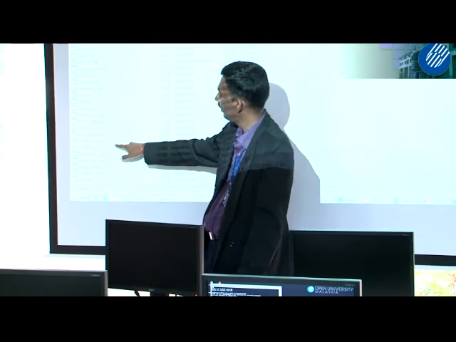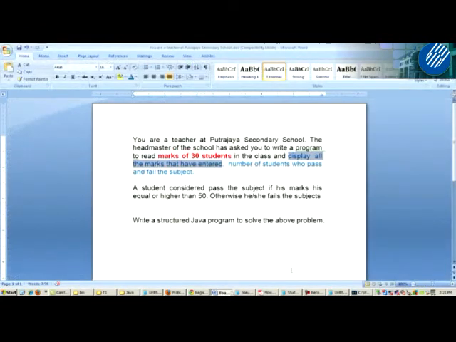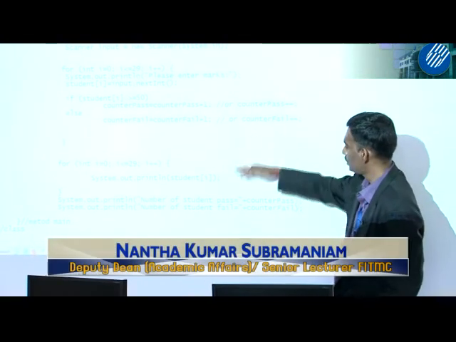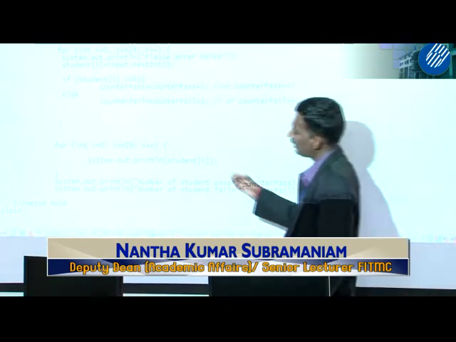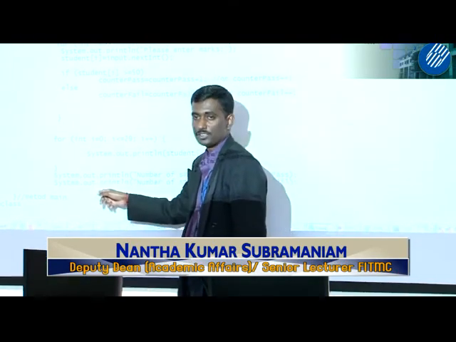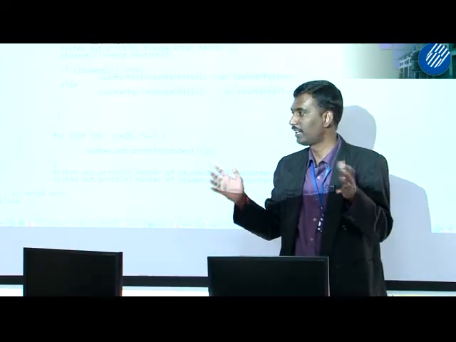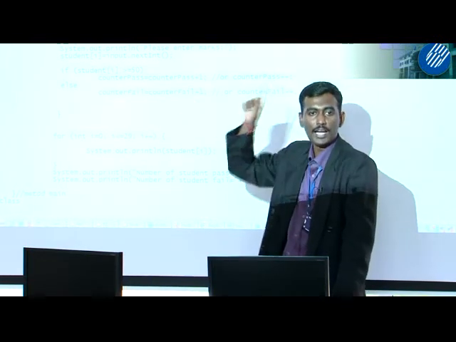Okay, so for your homework, I want you to get the average of the marks. Because here, you only have 3 outputs: display all the marks entered, display the number of students who passed, display the number of students who failed. Then I want to add another one, the average marks. Because we have 30 marks, what is the average of the marks? That is your homework. And we assume the marks are between 1 and 100.